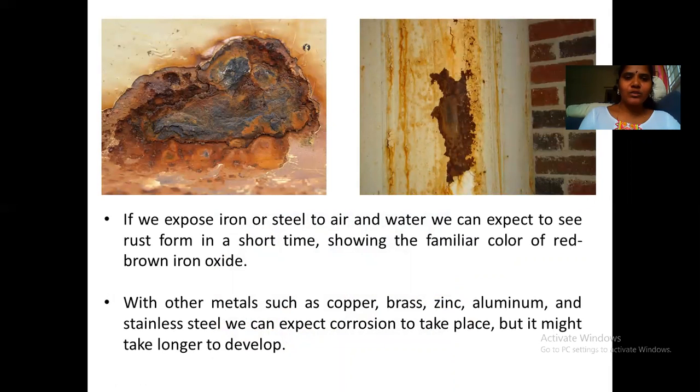If a metal is exposed to different conditions, as I said, it can be moisture, water, or air. We can expect that after a few days, a reddish brown layer will form on the metal surface, which is iron oxide. Similarly, other metals also show layers: a greenish layer on copper and a black layer on silver. All those are the best examples of corrosion. But naturally, it takes a lot of time to undergo this reaction.